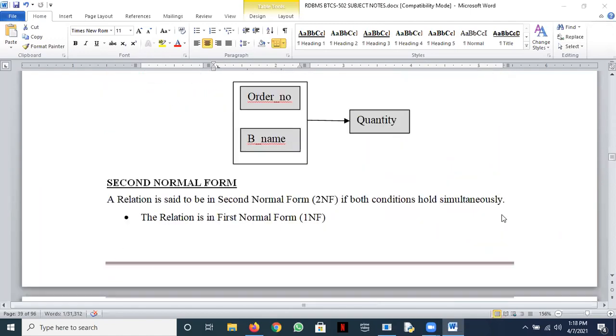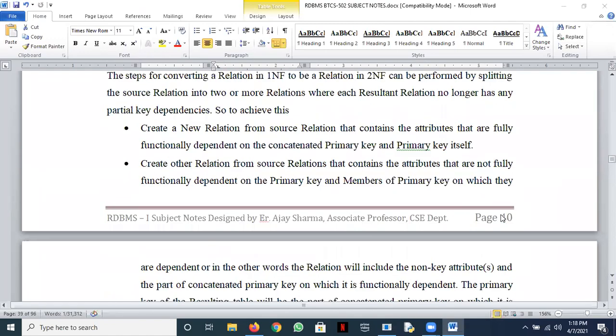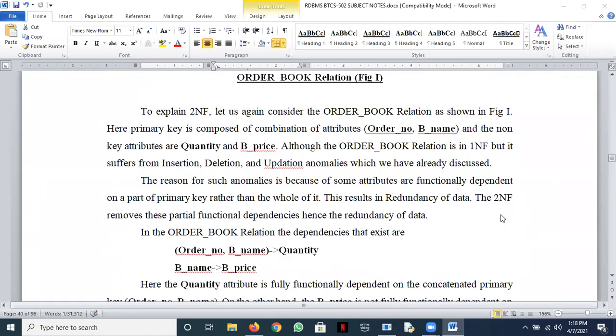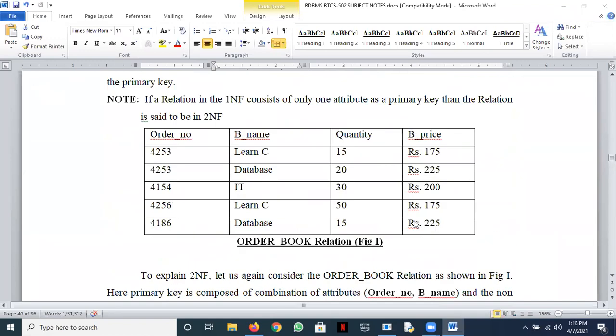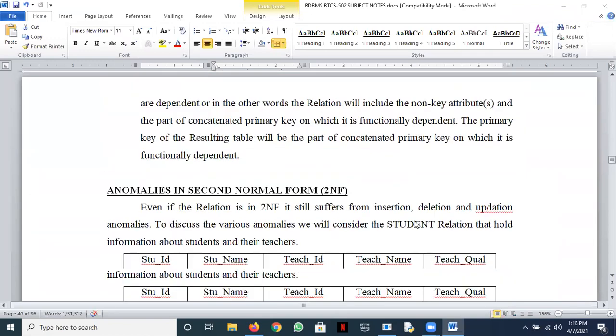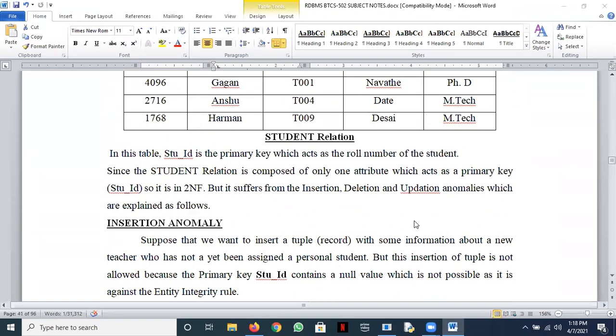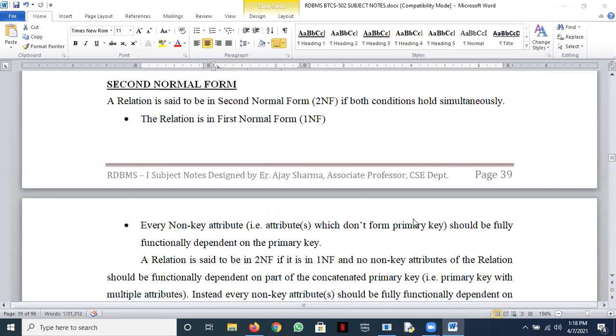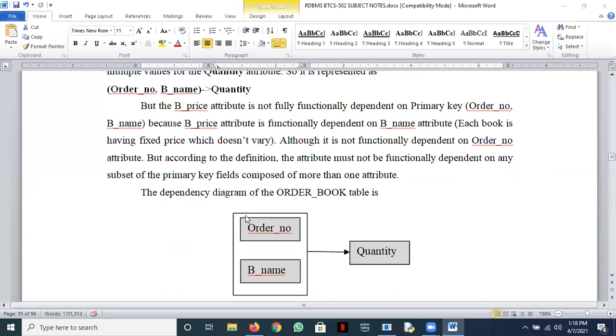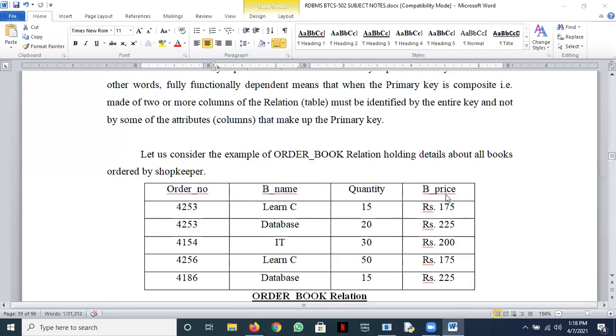Now, the second part of our definition of 2NF is being violated, I suppose. Yes, sir. See the second part here. Every non-key attribute. Okay, so the non-key attributes are quantity and book price.